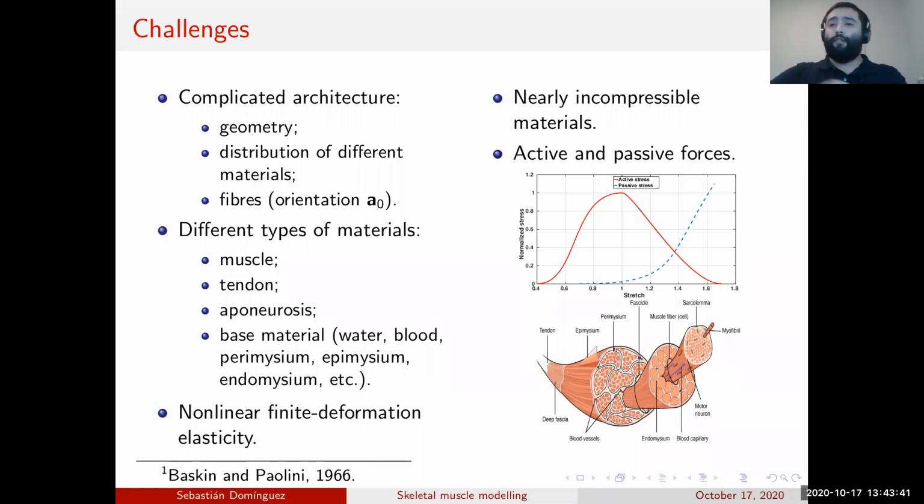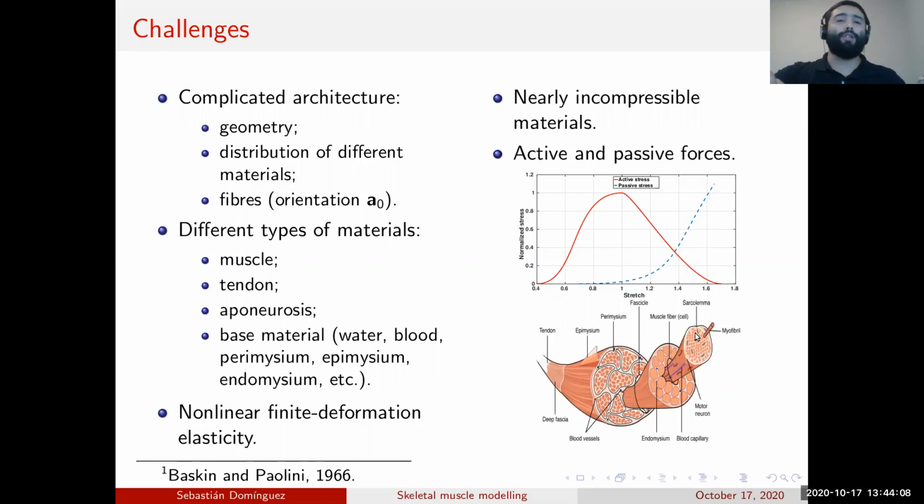The last one is a very important piece of the model, actually, which is the base material. I don't know if you can see my screen here, but here I have a little sketch of a muscle. So our smallest unit will be called fiber or muscle fiber. And you can see that there are still things inside this muscle fiber, okay? So we don't go into those details anymore.